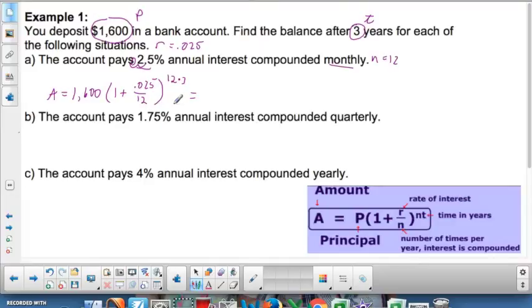So even though I'm doing this problem for you, I want you to take your calculator out and plug it in just to see if you end up getting the same thing as me. Because if you're not, then that means you're putting something in the calculator wrong and you need to raise your hand and get us to show you what you're doing wrong. Okay? So when I plug this in, I end up with